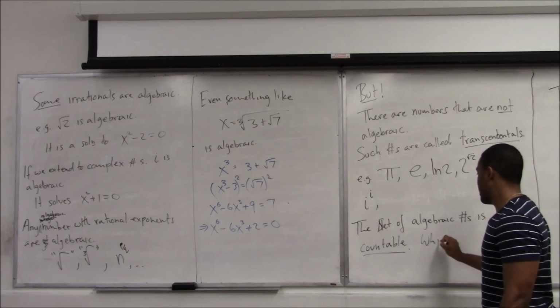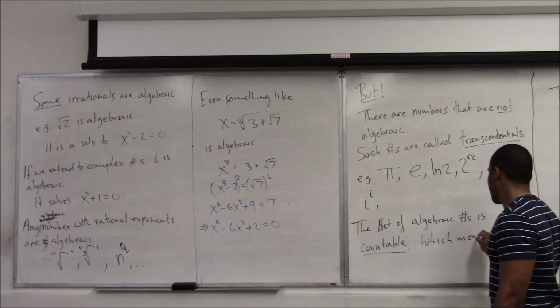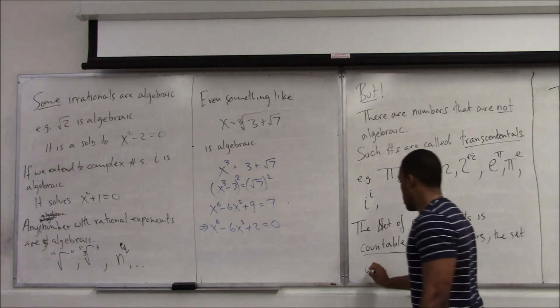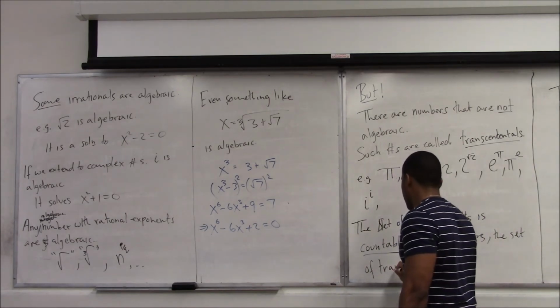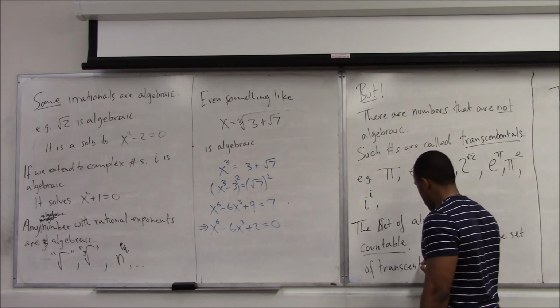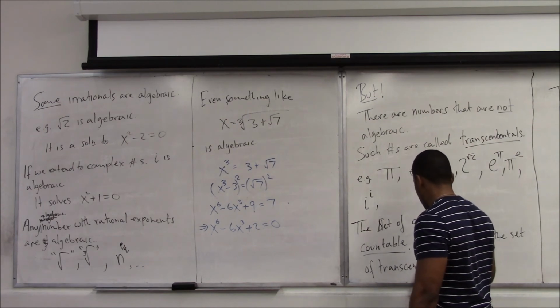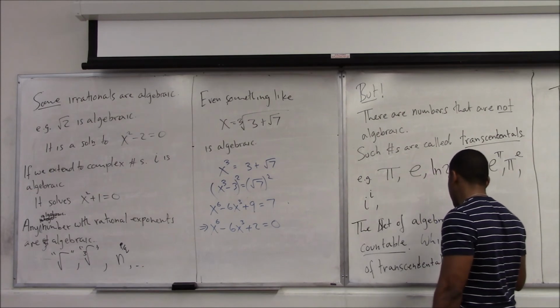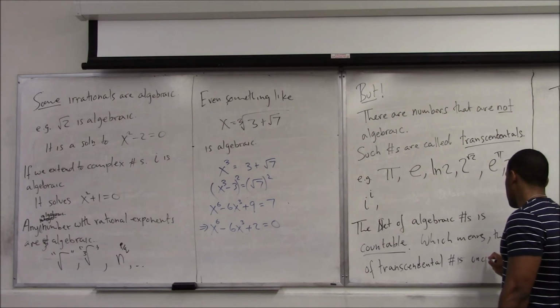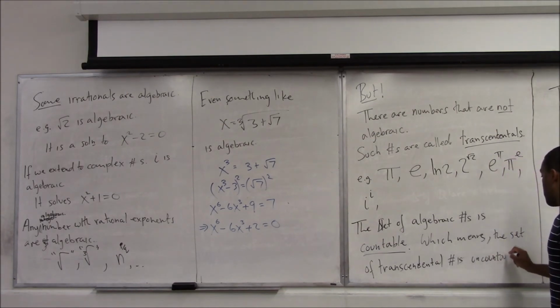Which means the set of transcendental numbers is uncountable. So it turns out that most numbers on the real line are actually not solutions to polynomials